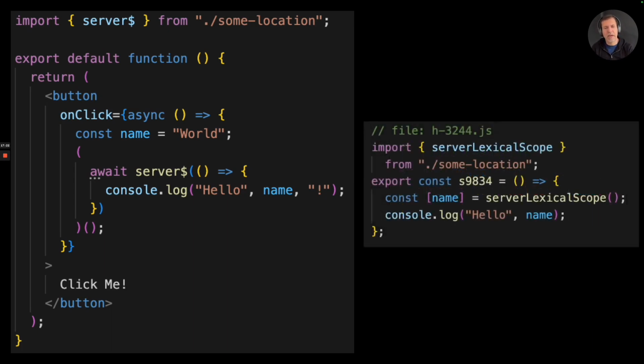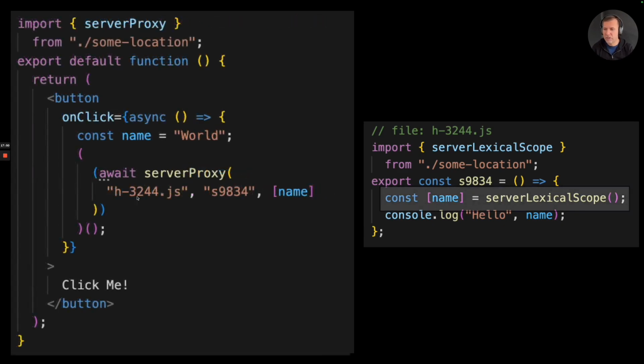And so the way we can do that is the optimizer can generate a special call in the front called server lexical scope. This particular thing is imported again from the same exact location where the server $ sign was imported. And it is up to this function to restore whatever these variables used to be in order to make them run and work. So it also means that we have to change this piece of code right here, right? So instead of a server proxy simply referring to a particular file and a particular symbol, now we also have to pass in a set of variables that we're capturing.